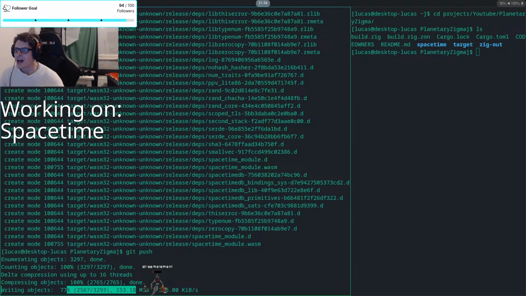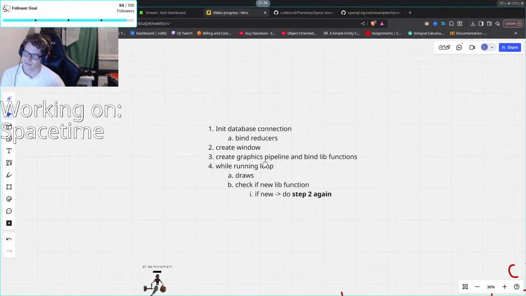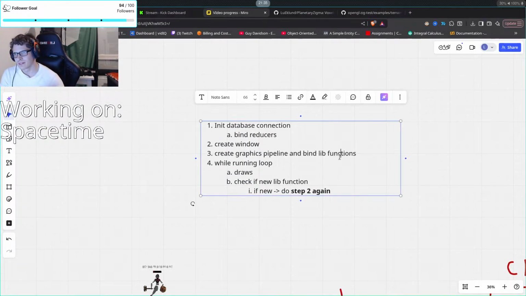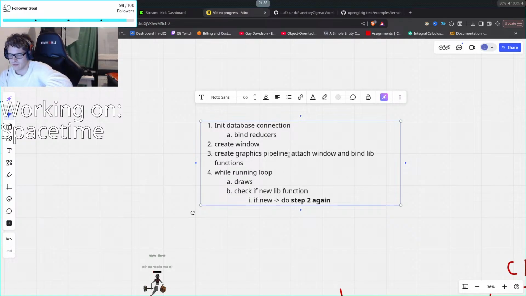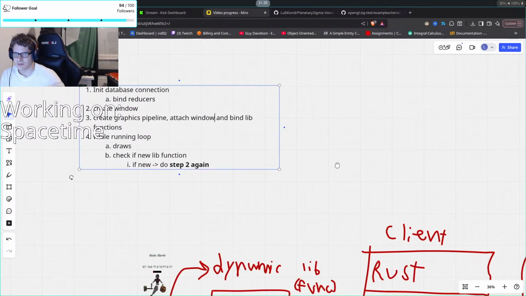I'm still pushing. Track graphics pipeline, attach window. Well, I guess that's kind of implicit there, but you kind of have to do it.